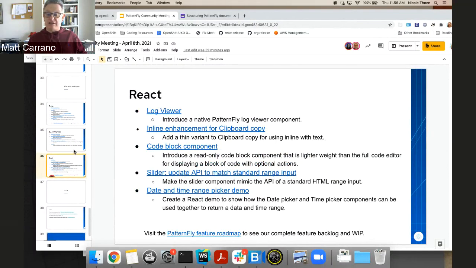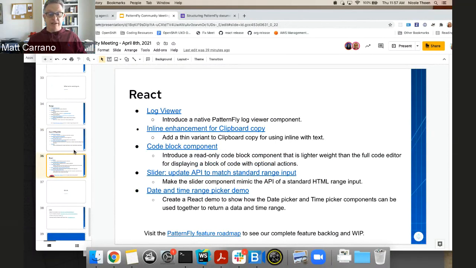We created a custom slider because we weren't able to get all the visual customizations we wanted, but we've gotten some feedback from consumers that it would be great if we made that more consistent with the API of the standard range input.